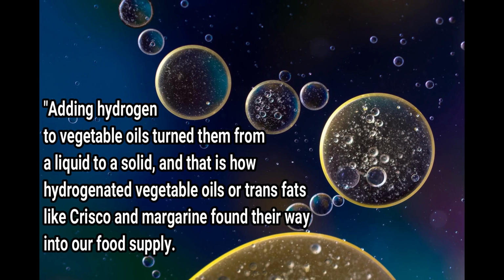As saturated fats fell out of favor, we replaced those solid fats with liquid vegetable oils. And interestingly enough, this is how trans fats got started. Switching to liquid vegetable oils created a problem for food makers because the liquid fats were not good for baking. So through chemistry in a lab, food manufacturers discovered that adding hydrogen to vegetable oils turned them from a liquid to a solid. And that is how hydrogenated vegetable oils, or trans fats like Crisco and margarine, found their way